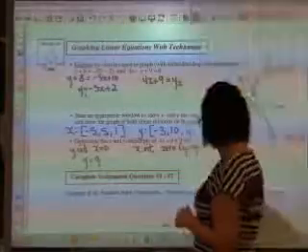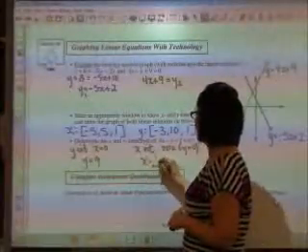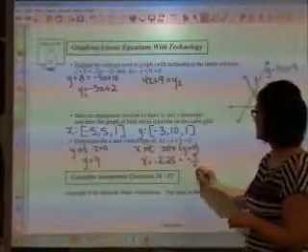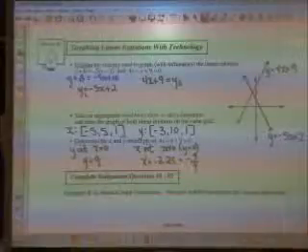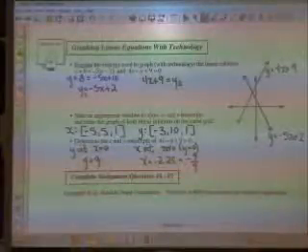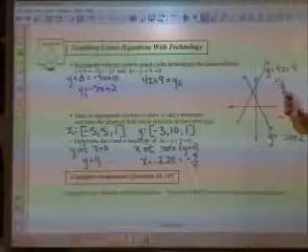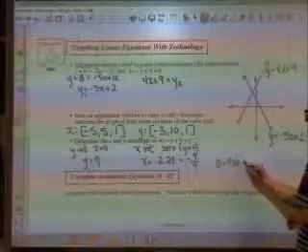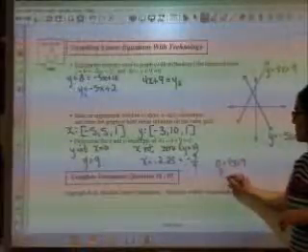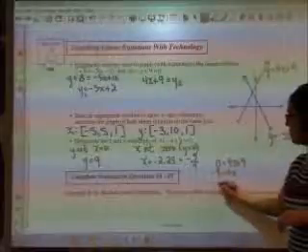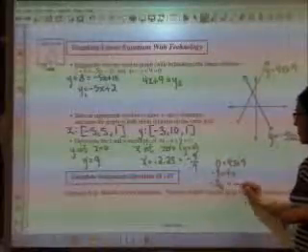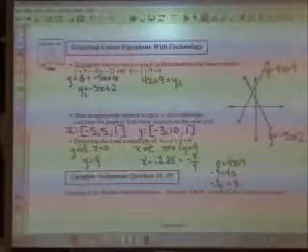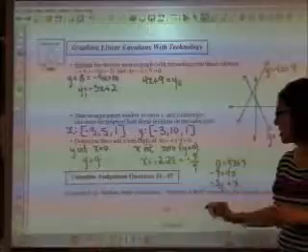Negative 2.25. And if I change that to a fraction, I would get negative 9/4. Which would be the same thing as if I had let y be equal to 0. I get 0 equals 4x plus 9. Bring the 9 over, it becomes negative. Divide by 4. And there's my negative 9/4. Okay. The questions for this lesson